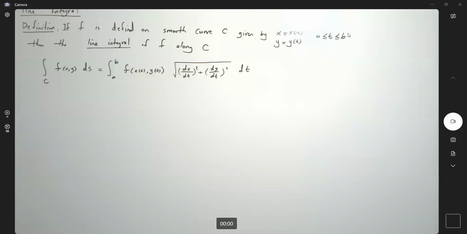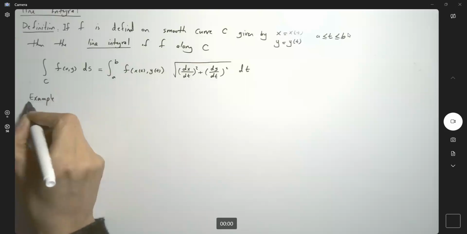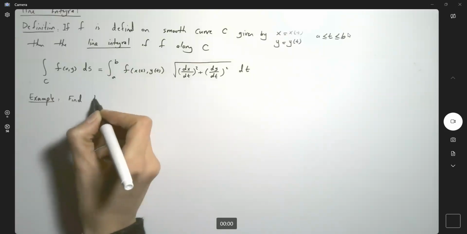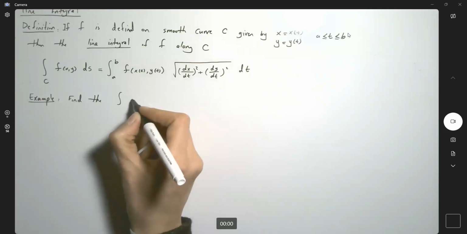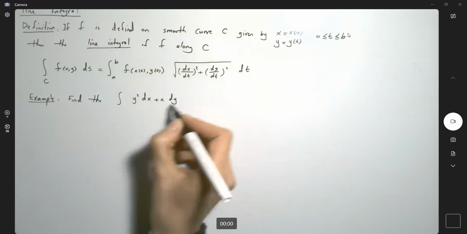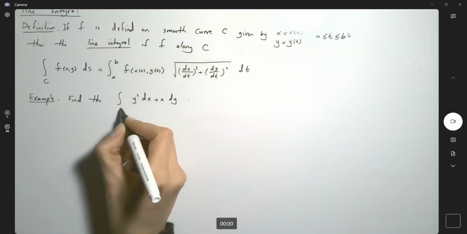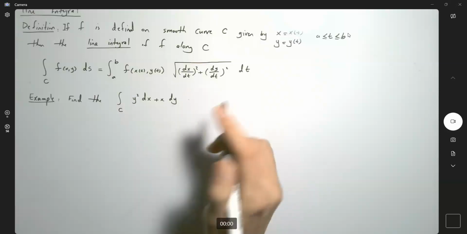Perfect. Let's take a look at another example here. We're going to use the line segment formula to evaluate the following. In this example, I ask you to find the line integral of y squared dx plus x dy along curve C, and curve C is defined as